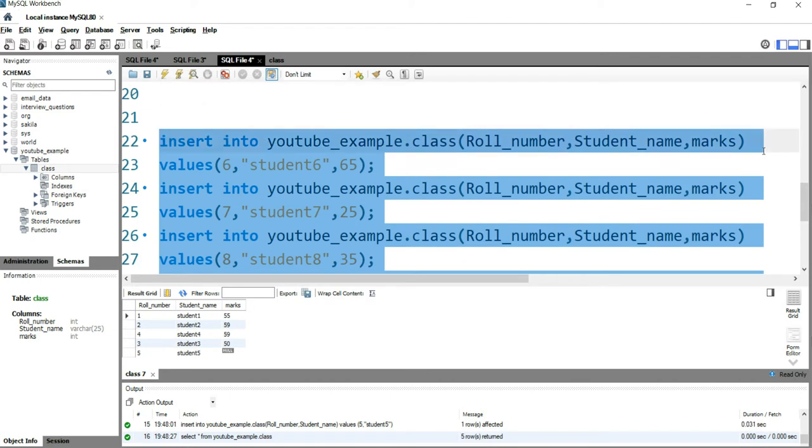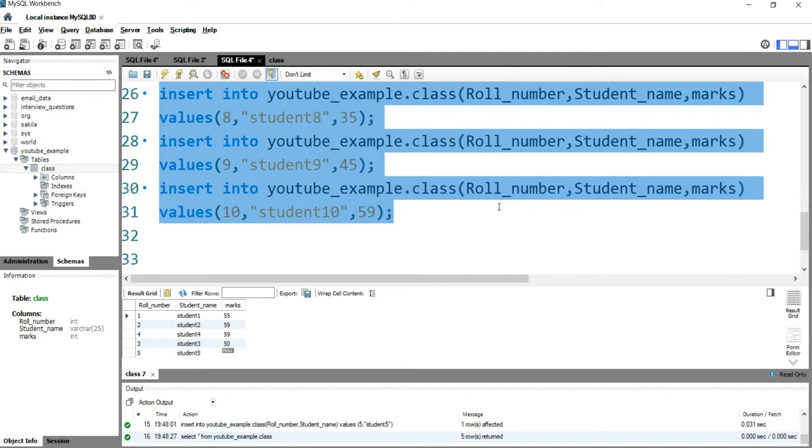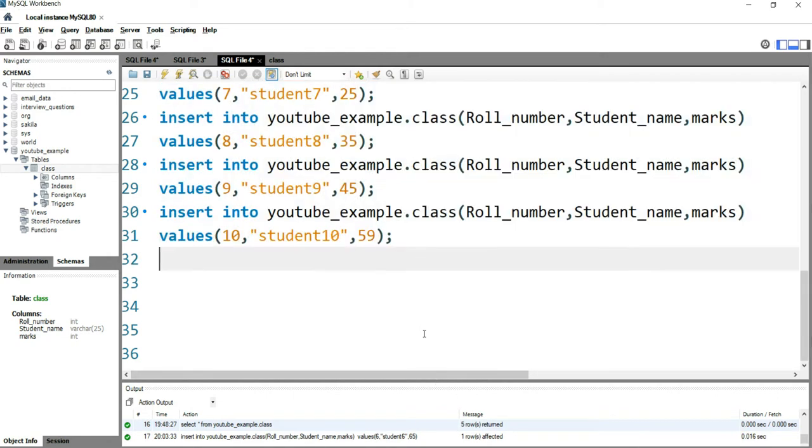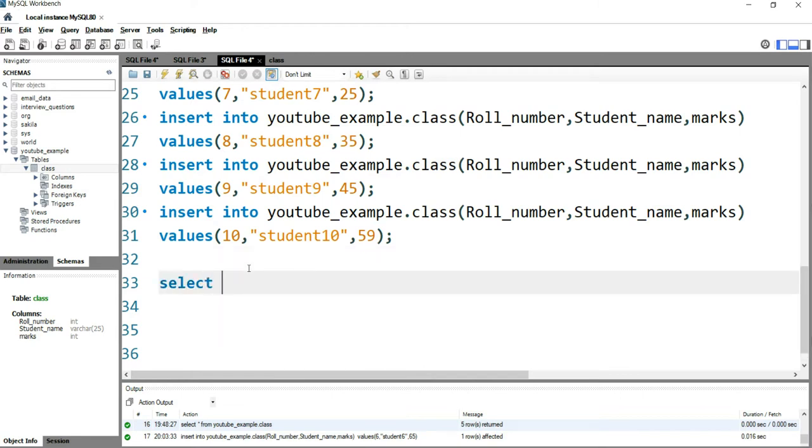So I highlighted this entire query, these 5 queries, and I press Ctrl Enter. Right? So this is the way you can insert multiple. Oh, sorry, my mistake. Even after selecting it, let me check this one thing.